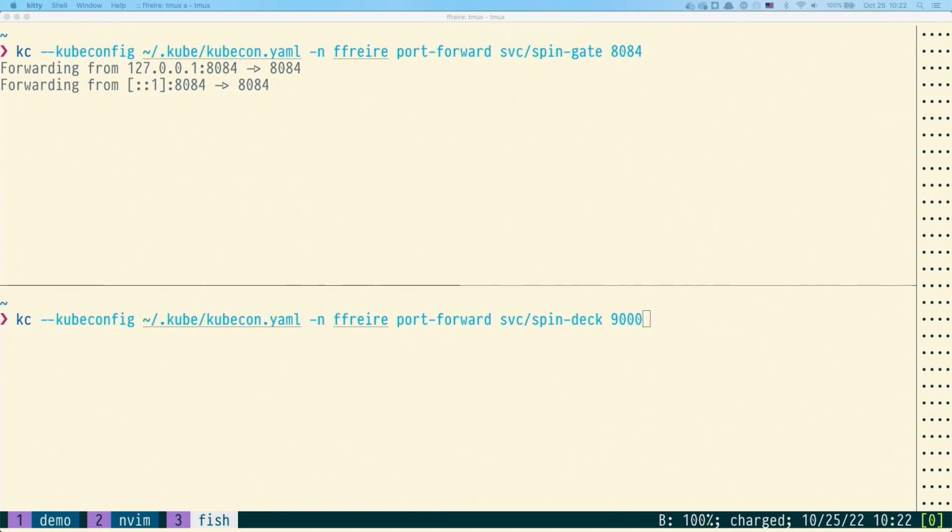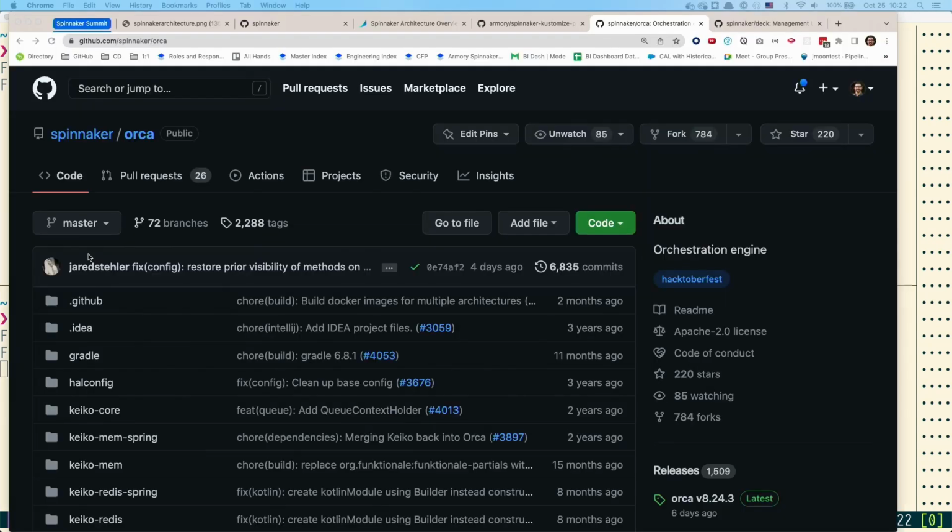Thinking back to our architecture diagram, gate is the API gateway to the whole Spinnaker platform, and deck is the front door that we're actually going to go to in our browser. If you've successfully been able to port forward, you should see these 2 messages here. We're going to want to keep these open off to the side, out of sight, out of mind, while we work on a few things. And what you should see is if we go to localhost 9000,